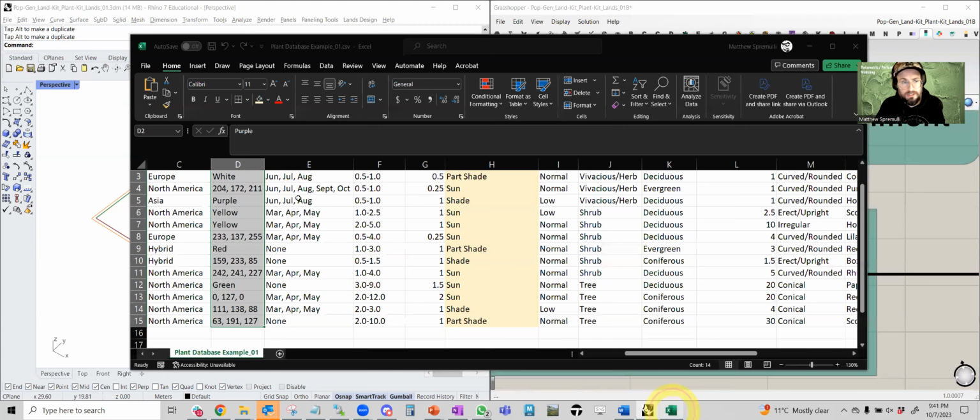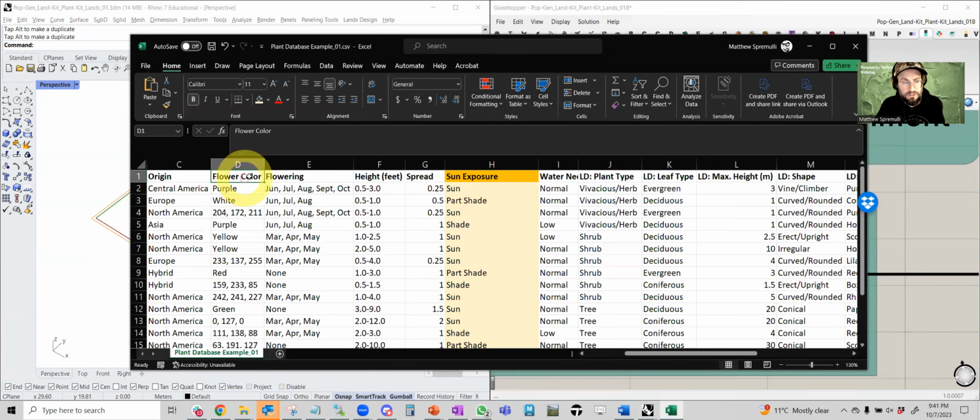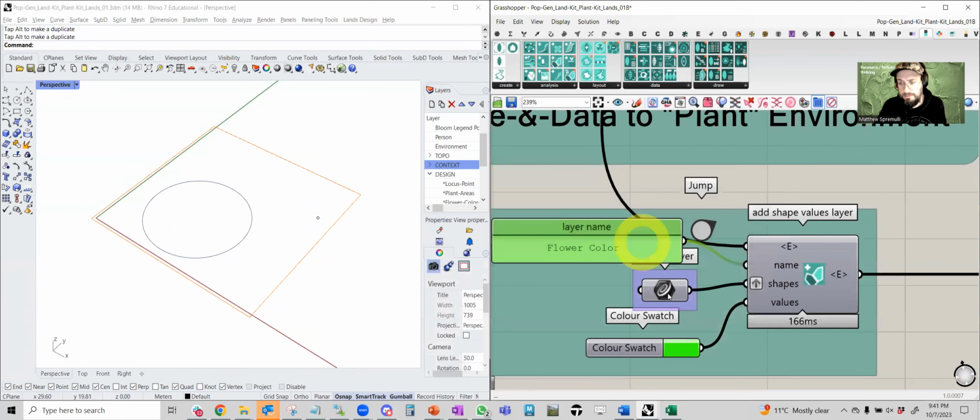In this case, I do need to consider that it needs to match what is in the CSV file, flower color. It needs to be in American spelling without the U. Again, just a limitation of the plugin itself. This is just preparatory. And then I can have some fun here by defining a shape,